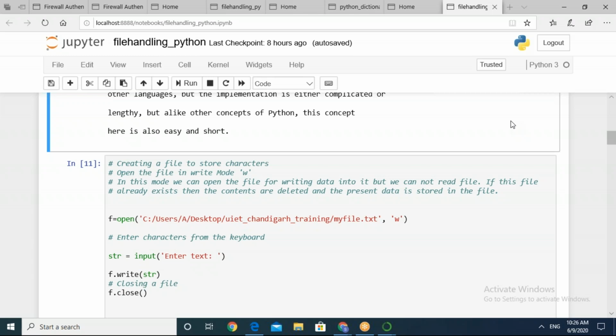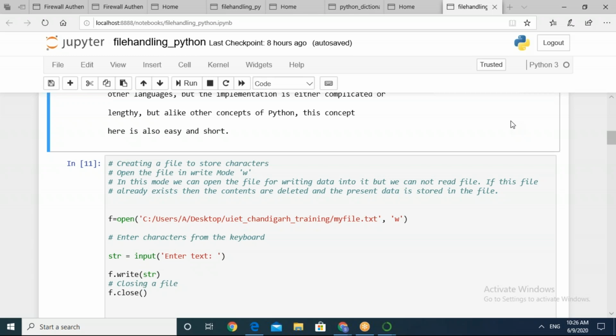So how many of you are able to create a small file? Aman Sharma, so you are able to write. Have you observed the difference that we are just mentioning in write mode? Every time you add some data, it will erase the earlier one and simply update the current data. So every time in write mode, it is going to do so.